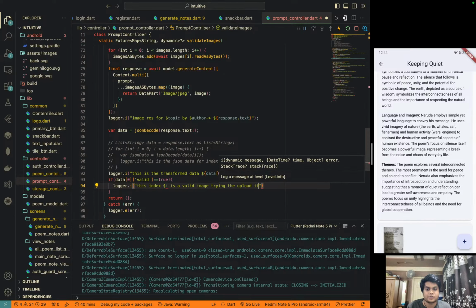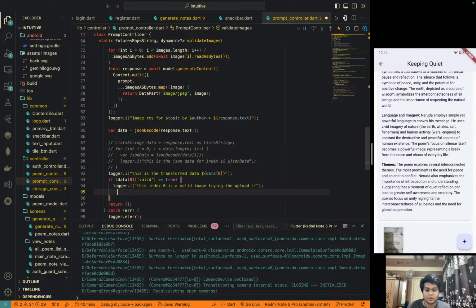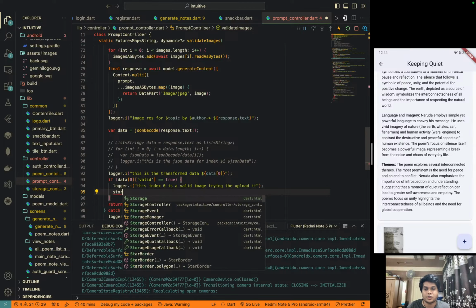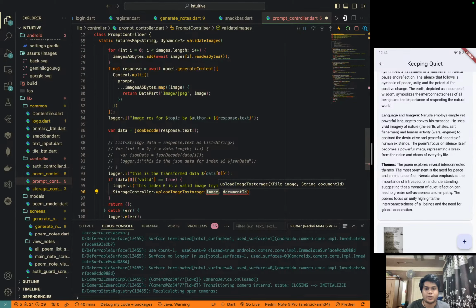At index 0, and I can go to storage controller dot upload image,